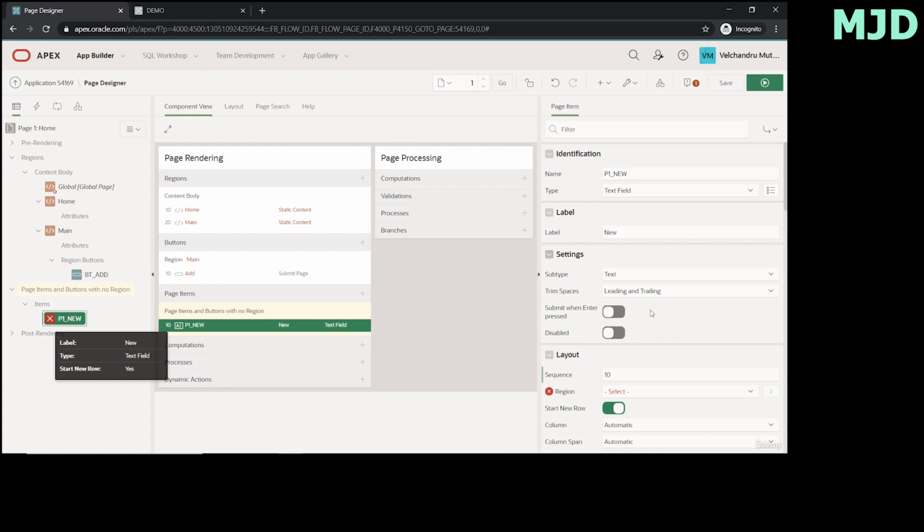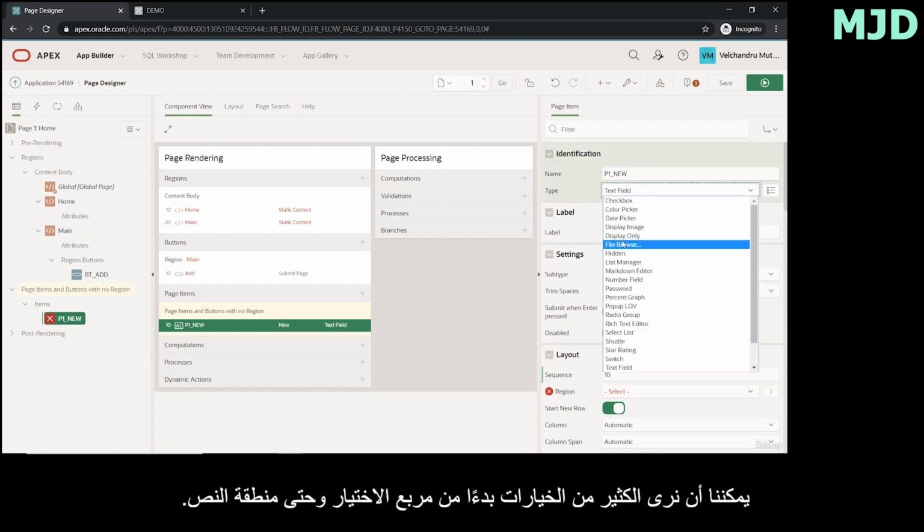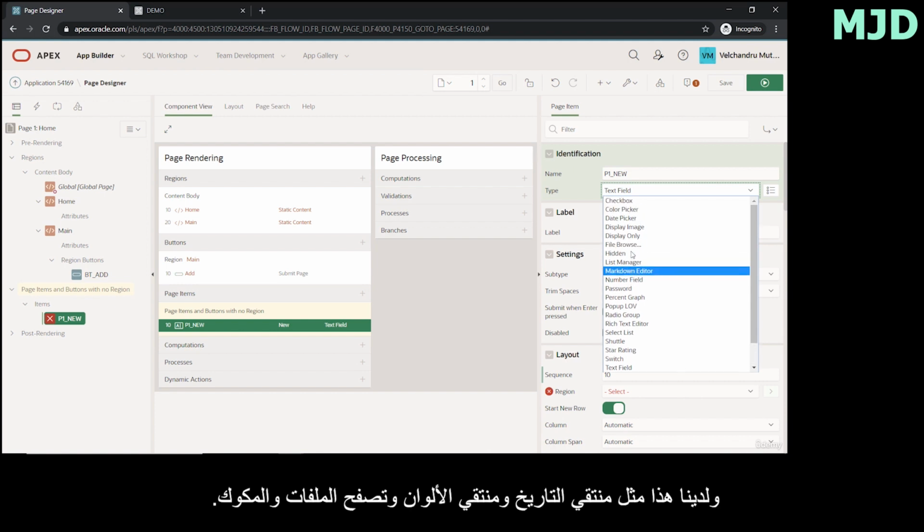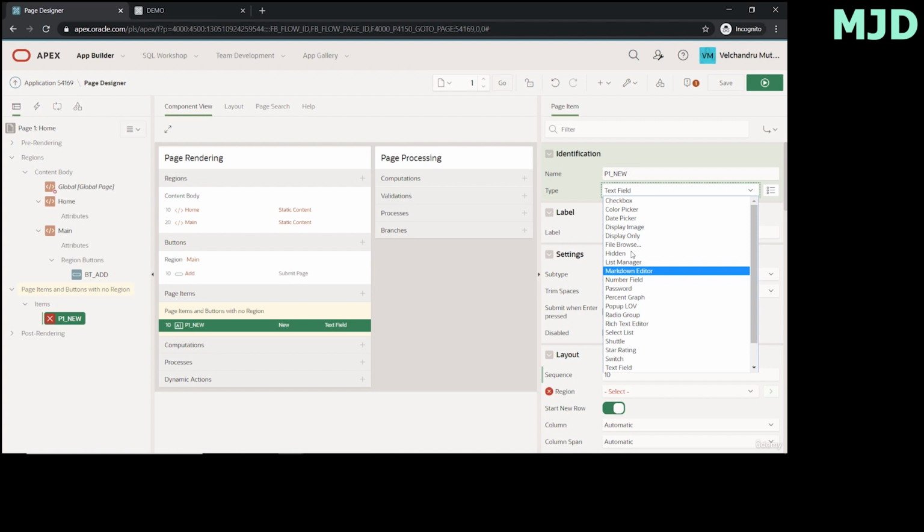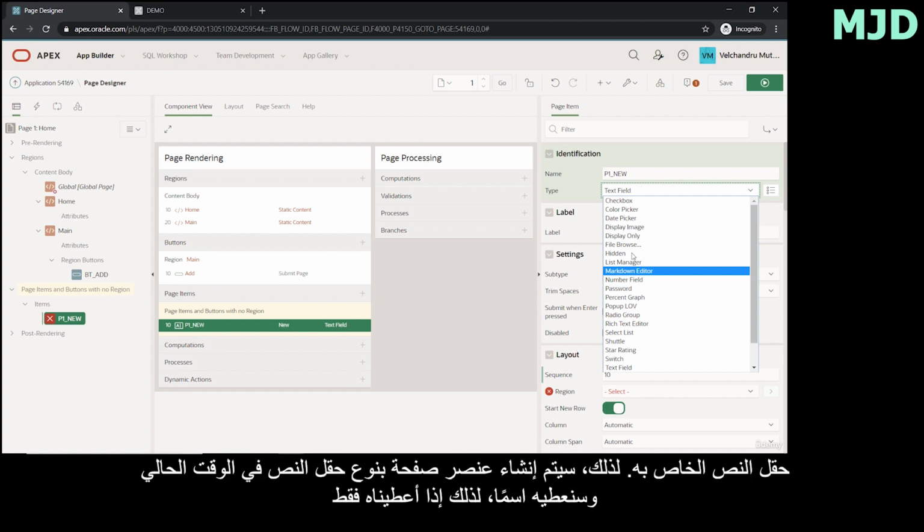If we see this type, we can see a lot of options, starting from the checkbox to the text area. And we have the date picker, color picker, file browse, shuttle. All these are HTML input components, and this term is used as a page item in Oracle Apex. So if we select this,